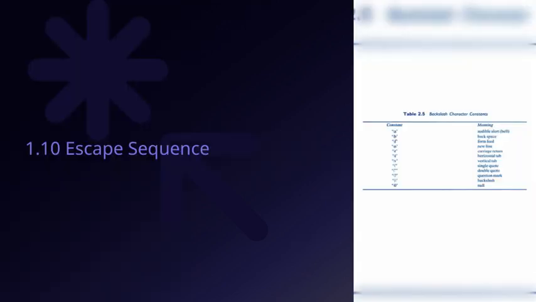Let's talk about escape sequences. These are special characters we use in programming to represent characters that are difficult to include directly in strings. For example, if we want to insert a new line, a tab, or even include quotes inside a string, we use escape sequences. They usually start with a backslash, which is the escape character itself. So for a new line, we write backslash followed by an n, and for a tab, it's backslash followed by